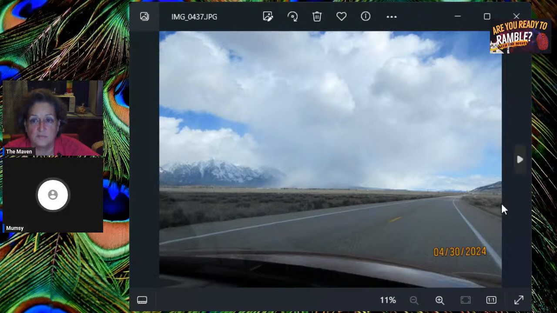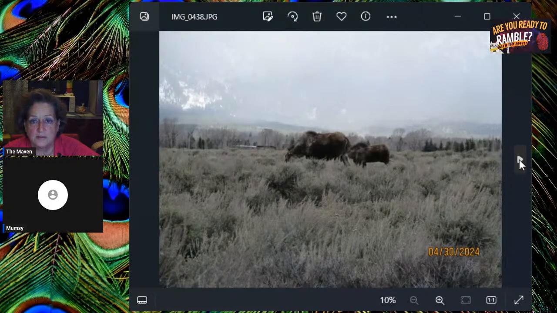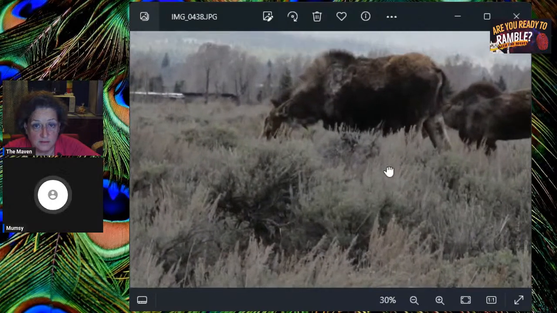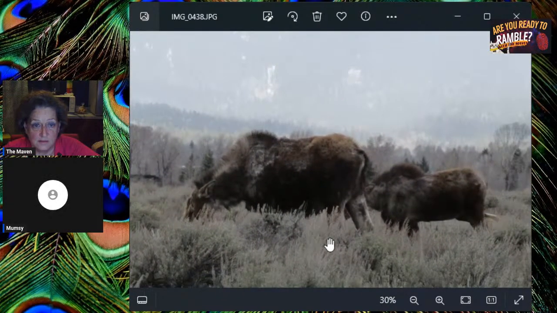And the mountain and everything. Nice. And that's elk. I believe so. Those are the only two that we saw. Nice. Elk is my favorite meat. They're big also.